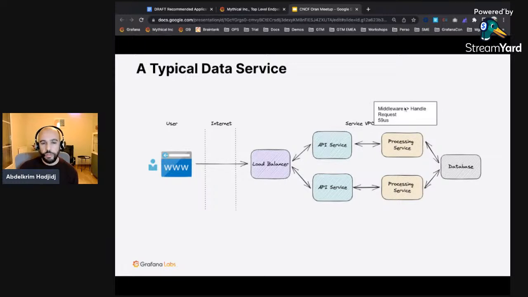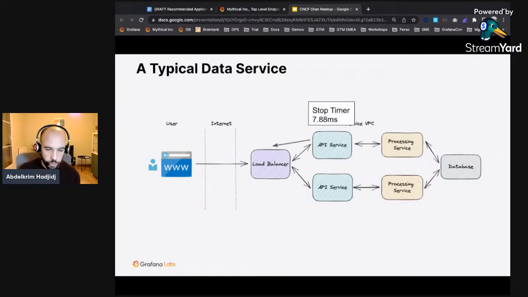So, for instance, you extract the data from the HTTP request, you do some processing, and then you want to store it in the database. Same thing, you measure here the time it took for every service, and then store in the database and do the same thing. And then whenever you have the result of that, it goes back to the user and you show the result. Let's say you search for, I don't know, cars, and you get the result of that in